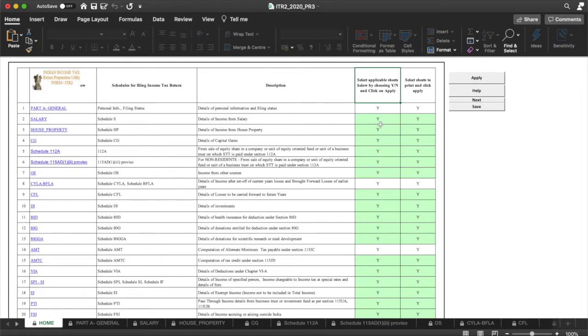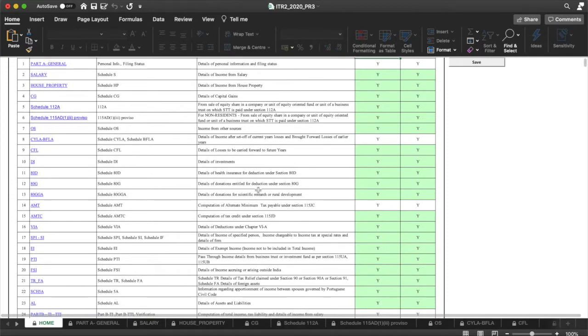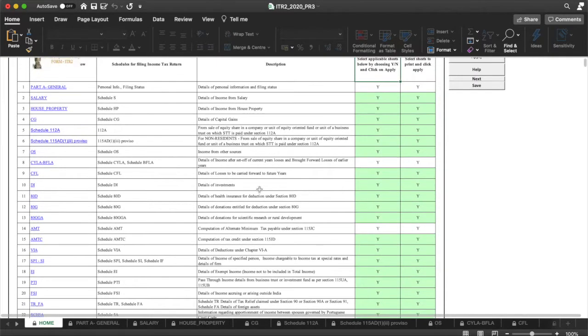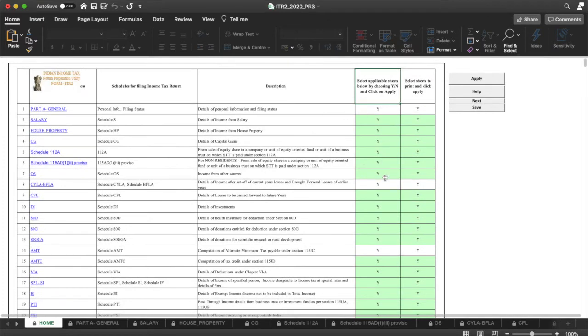On the right-hand side, select applicable sheet by choosing yes or no, and on the right side select the sheet to print and click apply. If you are not clear on the pages required for filling the ITR 2, then leave it as it is, and at the end we can make the changes.